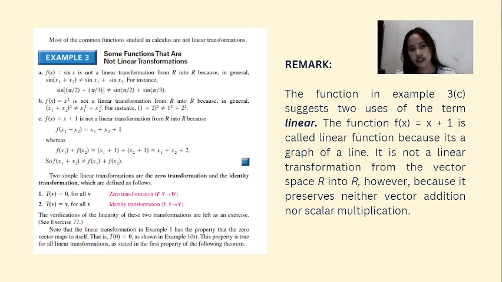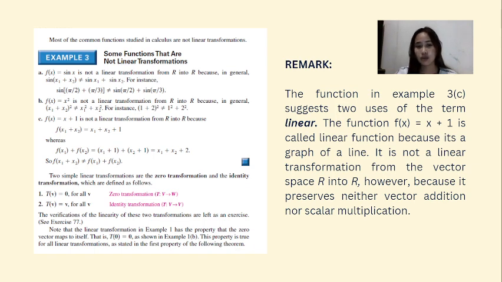In general, sine of x1 plus x2 is not equal to sine x1 plus sine x2. For instance, sine of pi over 2 plus pi over 3 is not equal to sine pi over 2 plus sine pi over 3. Example letter B, f of x equals x squared is also not a linear transformation from R into R